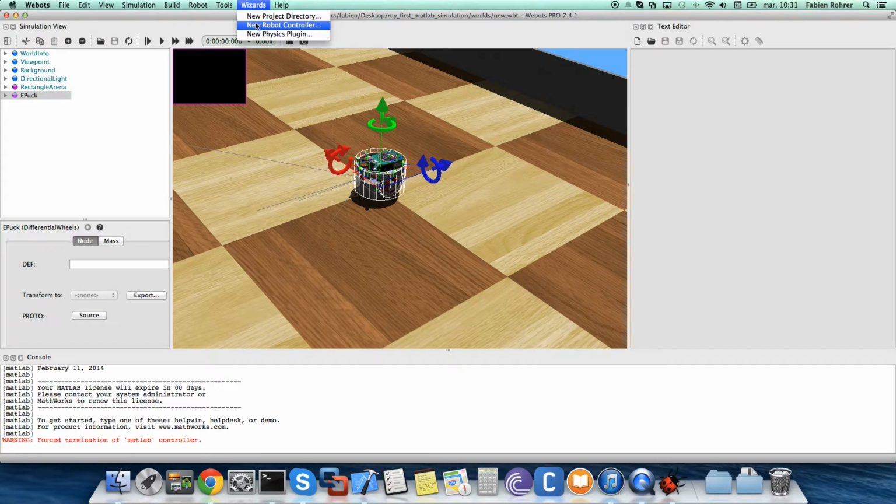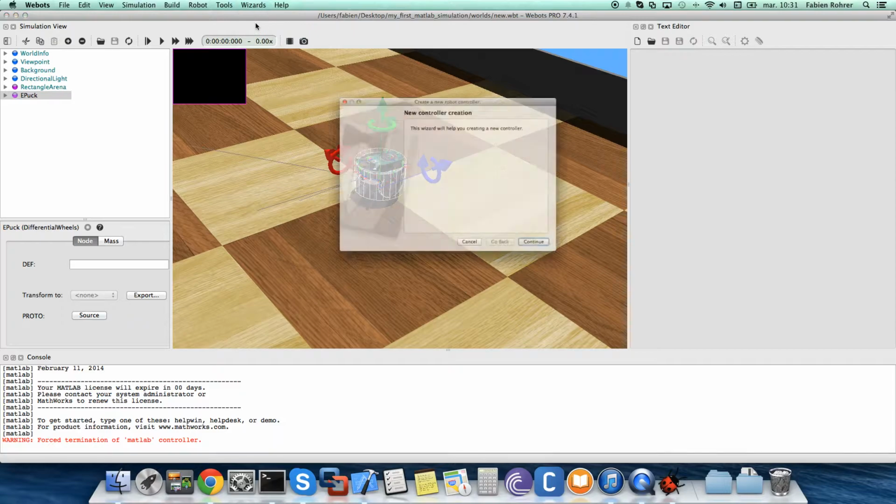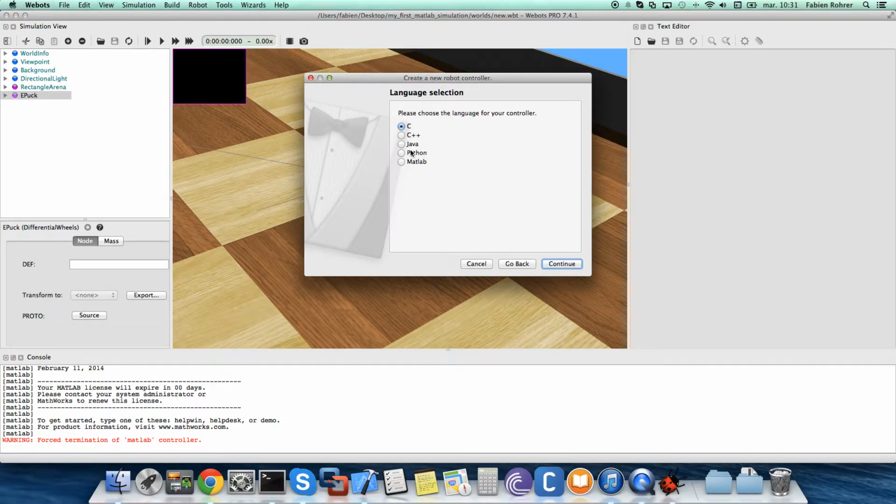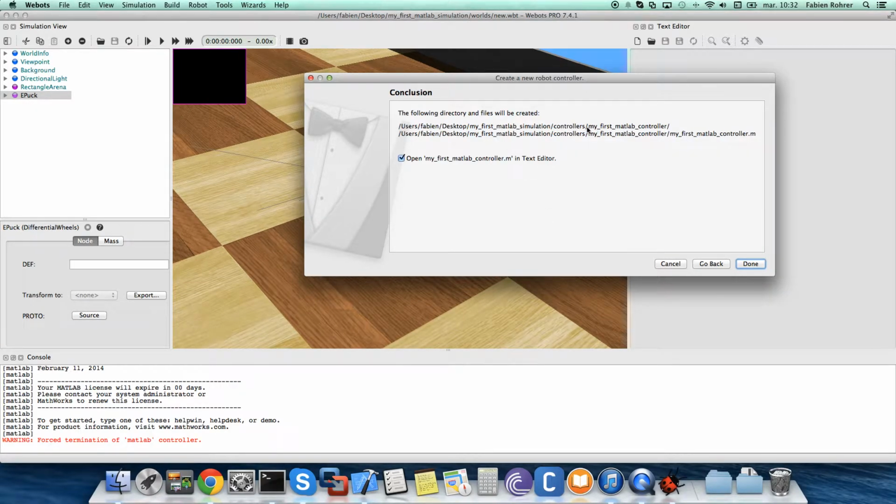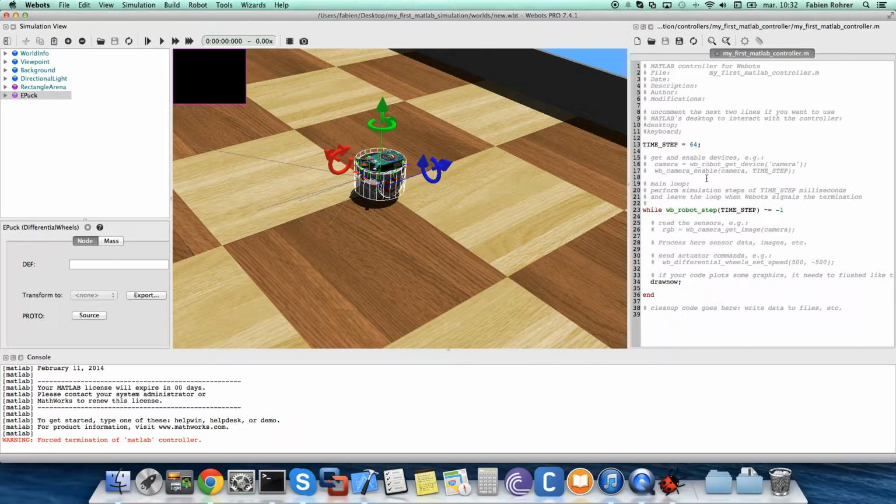I can now add a new robot controller, MATLAB, my first MATLAB controller, continue. As said before, it is put in the project directory I created before and in the standard controllers directory. Okay, here is